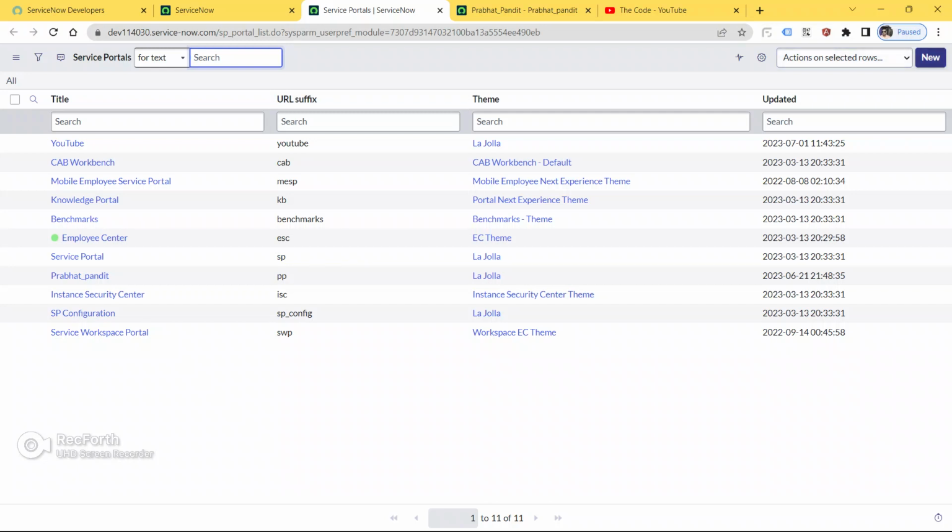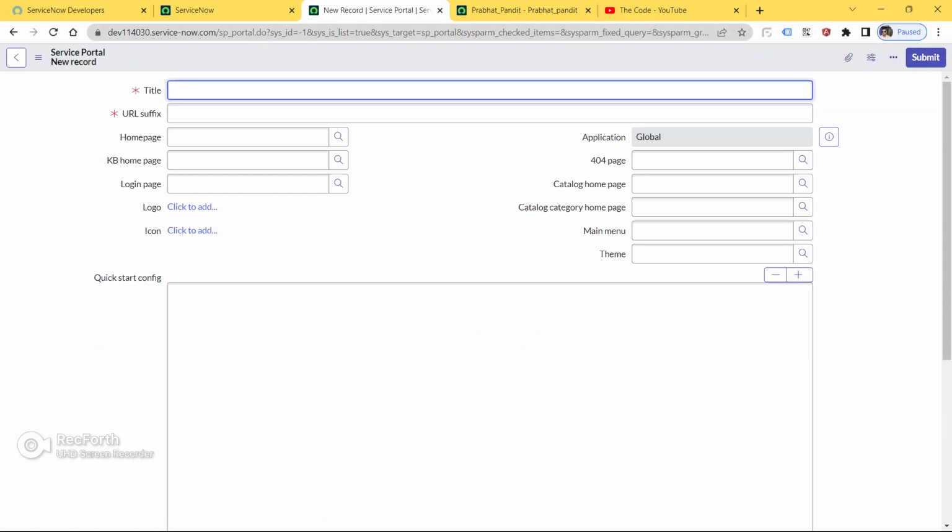In order to create a new service portal, we have to click the button new. So I'm gonna click on the button new now. I'm gonna give title as YouTube service portal.